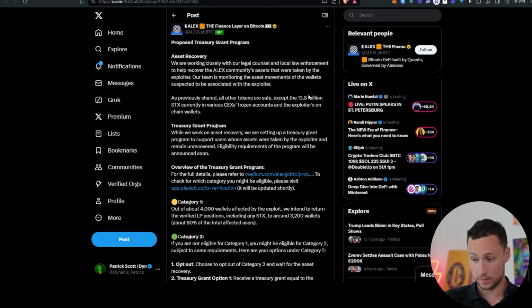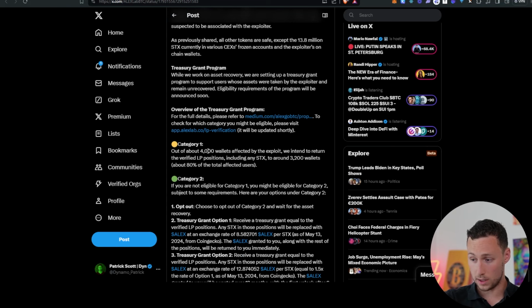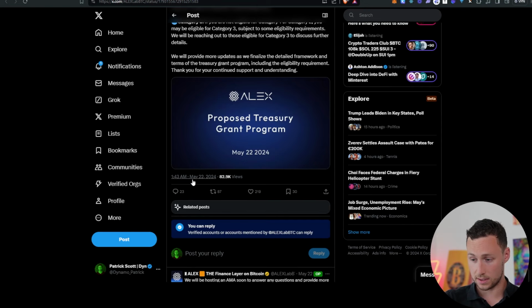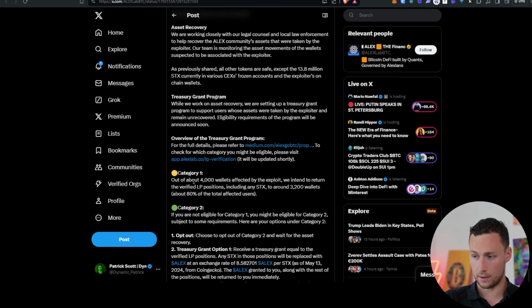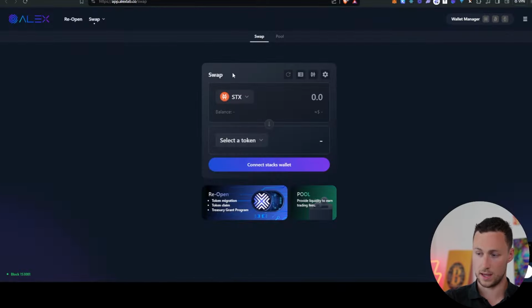was an exploit, and it affected about 4,000 wallets, and it looks like they're going to be able to return everyone's funds. They had this nice update at the end of May, and they have a few different options for how they're going to do this. But it seems like user funds won't be affected. That being said, it did